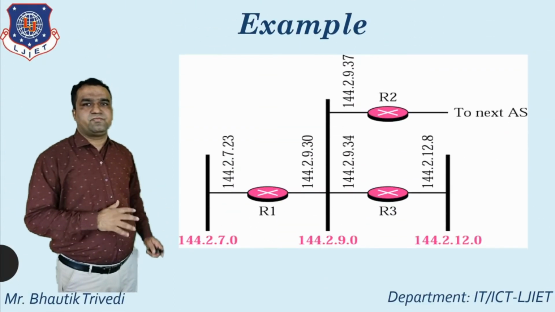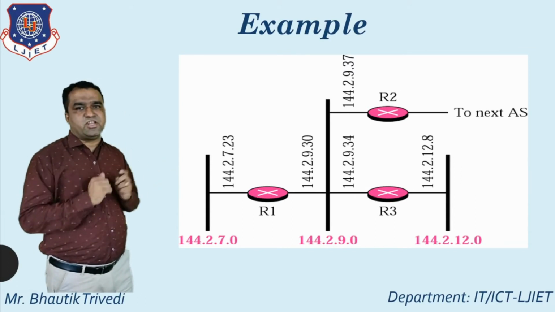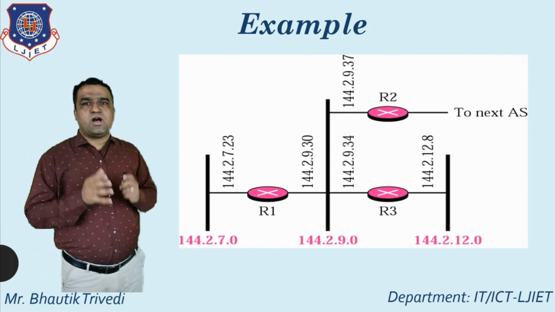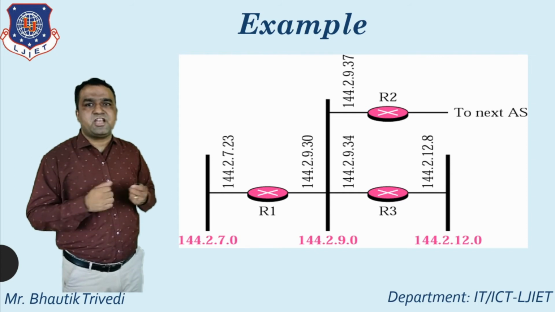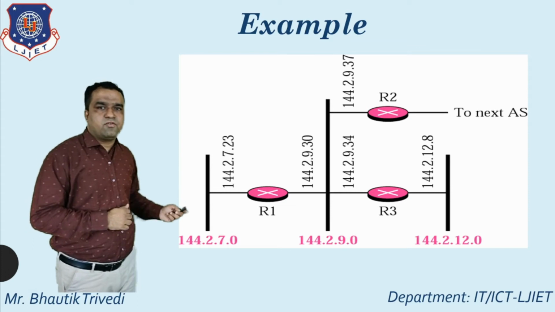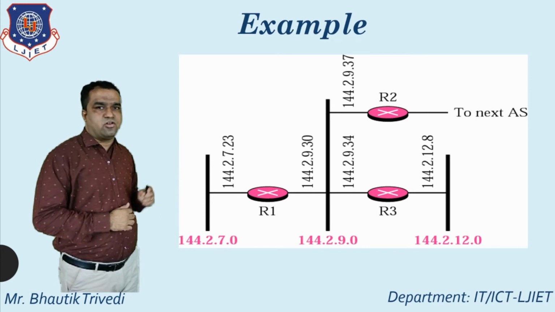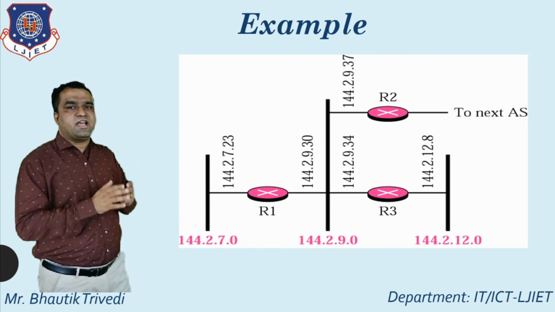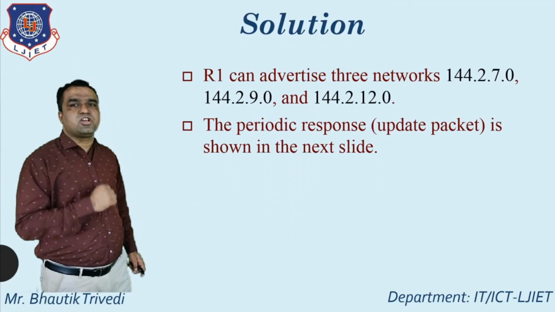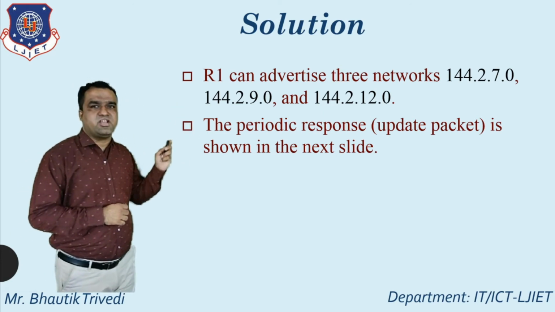So here you just see, this is the diagram. In this particular diagram, there are a total of 3 routers, R1, R2 and R3. R1, R2, R3 advertise which particular networks? 144.2.7.0, 144.2.9.0 and 144.2.12.0, which means these 3 routers advertise these particular networks. So let's start with the solution for this. For example, if you talk about the R1 router, it can advertise 3 networks,